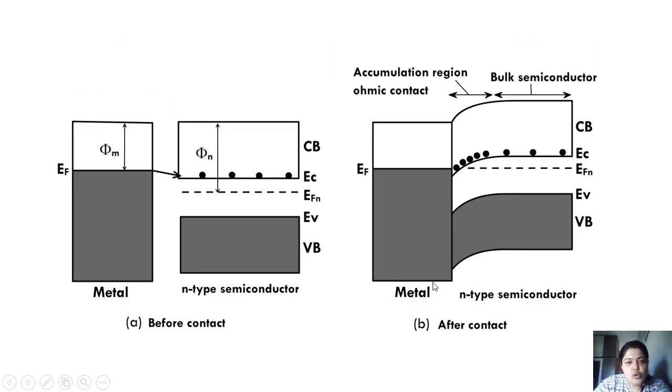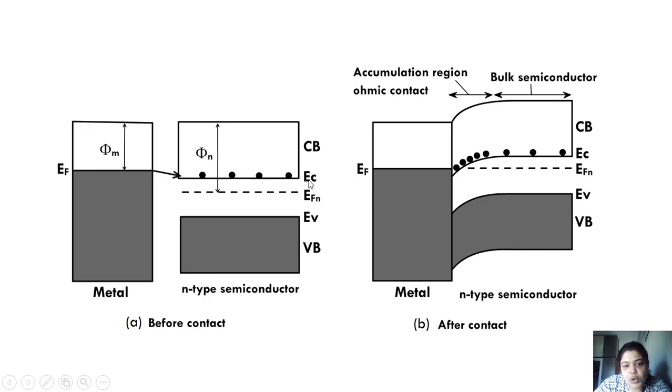Now the diagram of an ohmic contact. Like the Schottky junction, here I have shown in this diagram the scenario before the contact. So this is the metal where EF represents the Fermi level of the metal. This is the level till which we have electrons in case of metal. The minimum energy required to move the electron is nothing but its work function, so I've represented phi m. Similarly, you have an n-type material. We consider n-type because they have majority carriers as electrons. So this is the work function of the n-type material represented as phi n.